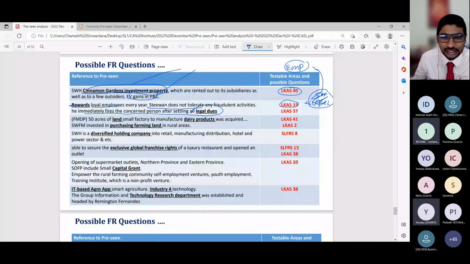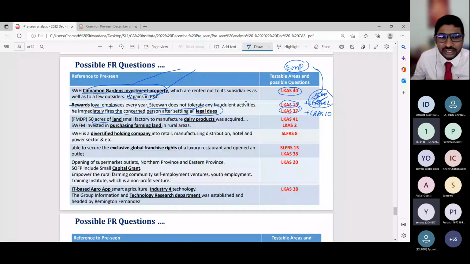When it comes to LKS 37, I forgot to mention that LKS 10 is also linked with LKS 37, because with undecided court cases, LKS 10 also has some kind of bearing. Maybe today is the reporting date, and after that the court hearing takes place and the decision comes out, whether it is adjusting or not. Likewise, LKS 10 also has some bearing. Right. Then the next one, 50 acres of land, a small factory manufacturing dairy products, and SWSM, the supermarket arm,